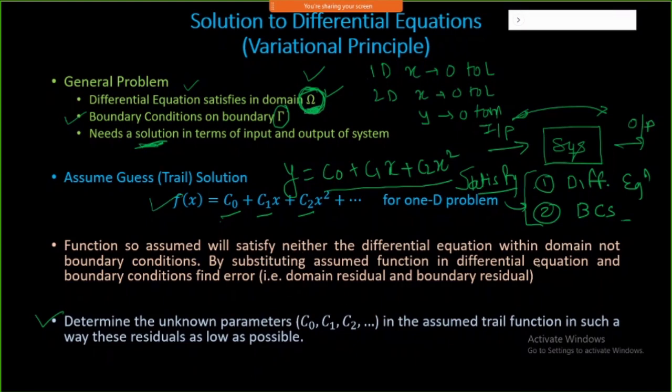And the solution is again started with a certain assumption, but I will not get an exact solution. That is an approximate solution, and that approximate solution is somewhere away from your actual or exact solution. The difference between your approximate solution and your exact solution is nothing but our residual. That residual may remain over the domain. Some places it will be 0, some places it will be at a maximum. So we'll take a simple example.